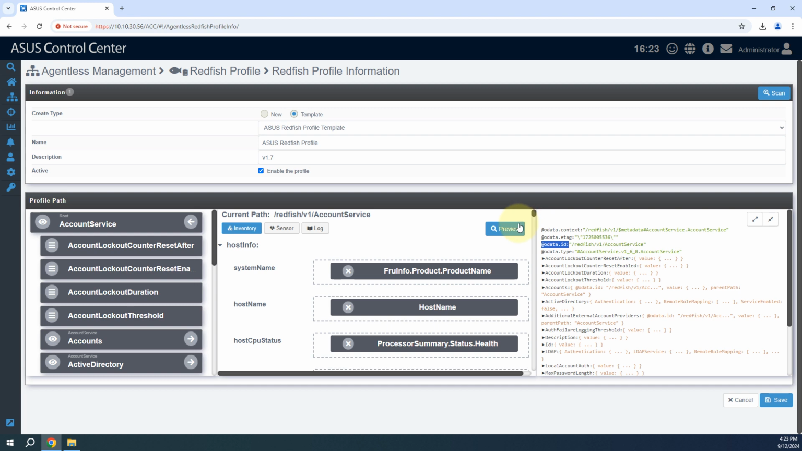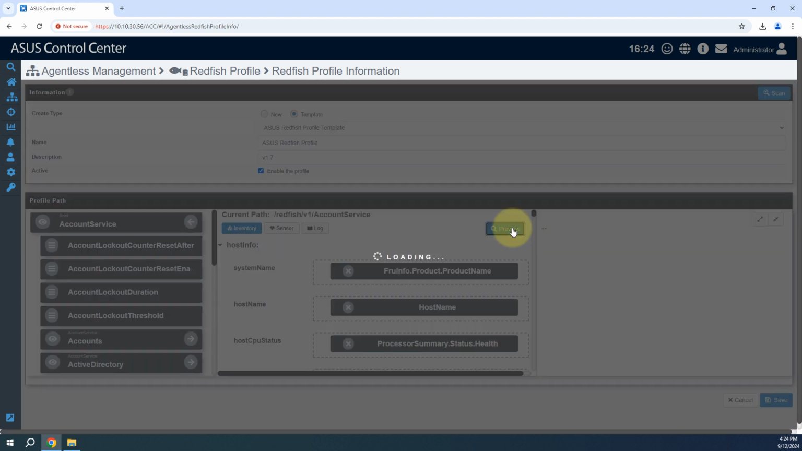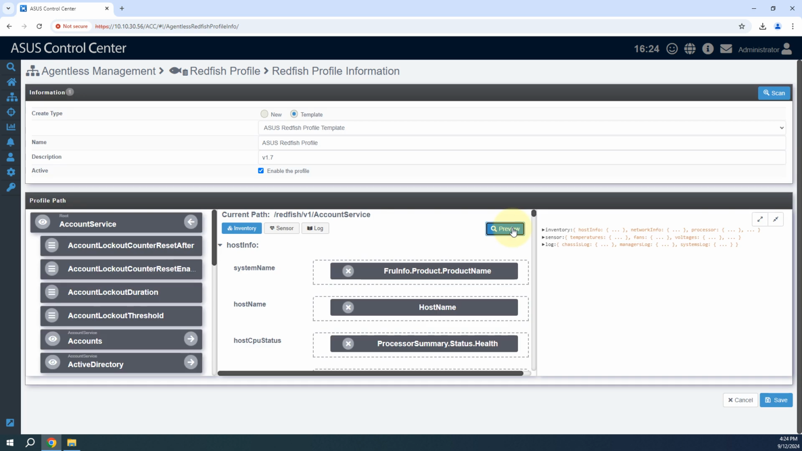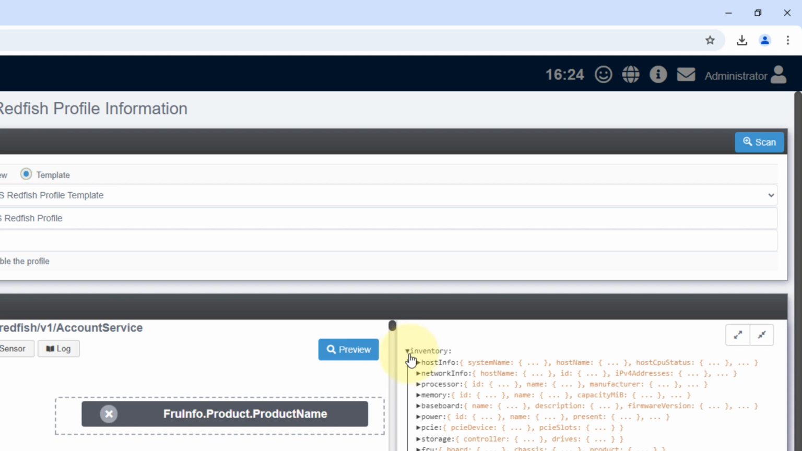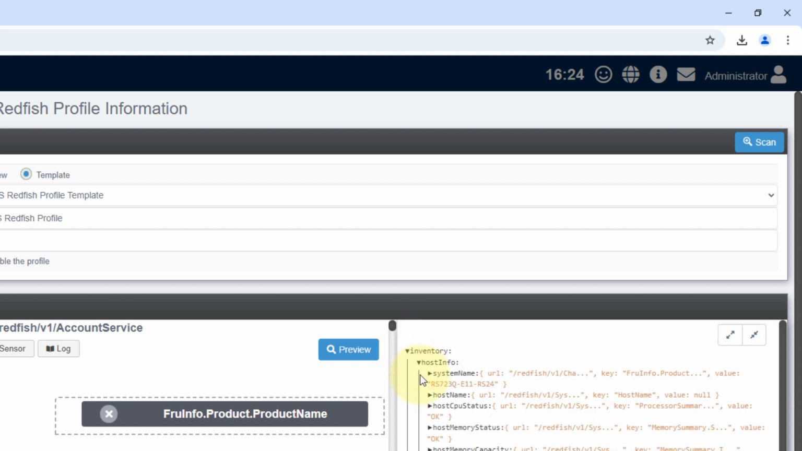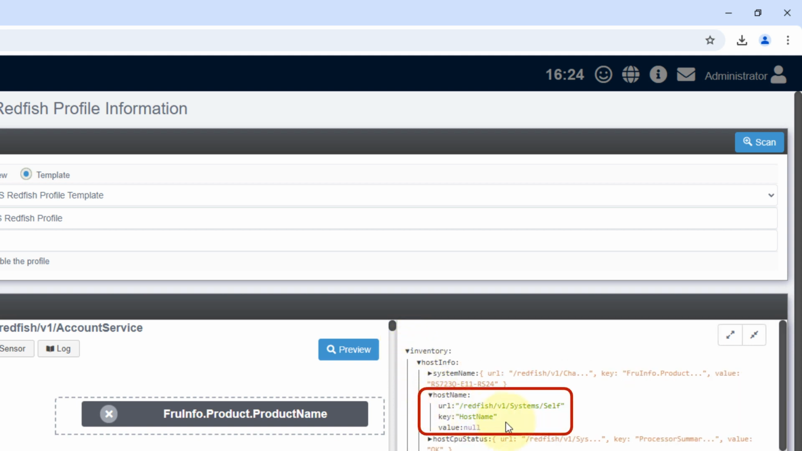Click Preview to view the profile application results. The right text structure should match the center default template. Check the hostname in the inventory, with the key labeled hostname,